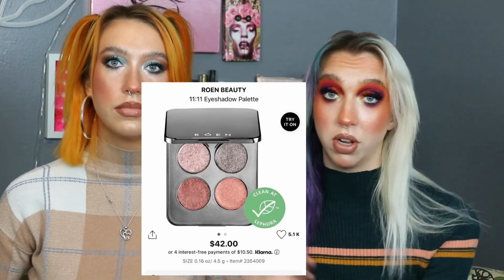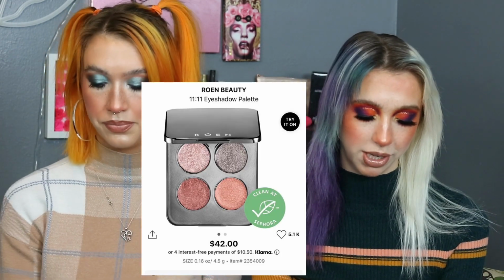But yeah, let's just get into it. Okay, I really want to buy these freaking Rowan Beauty eyeshadow quads. Specifically the one, is it just called 1111? Or is that what they're all called? Okay, the 1111 quad specifically really calls to me. It's got these really cool neutral to cool tone shades. Like one's kind of a greenish gunmetal silver, and the others are rosy tone,